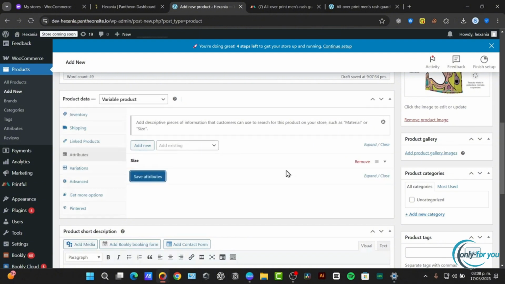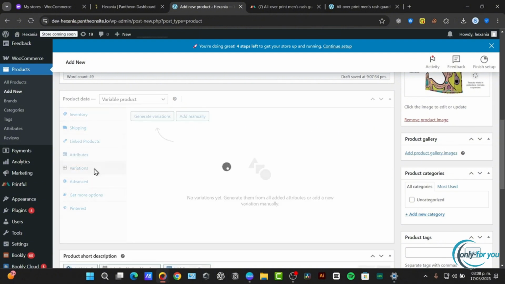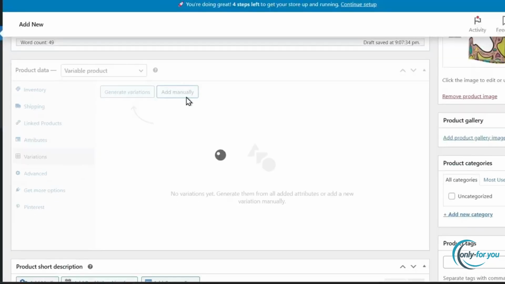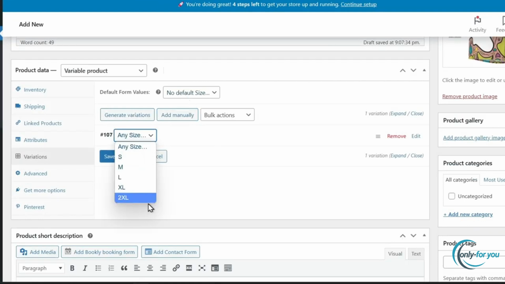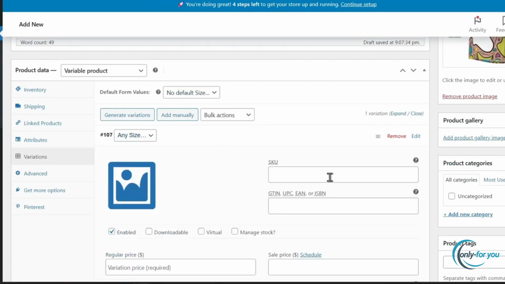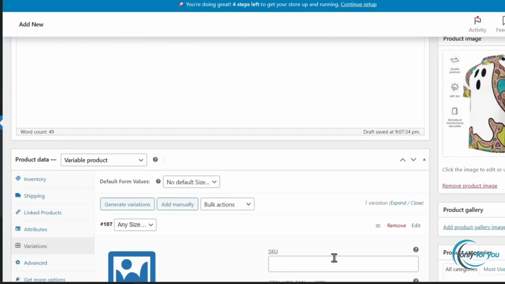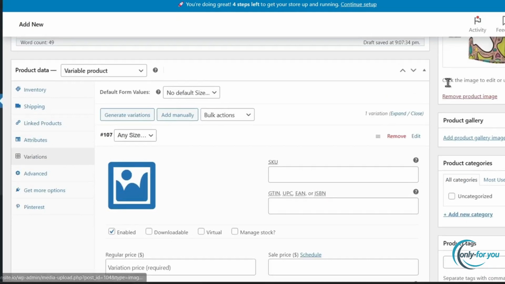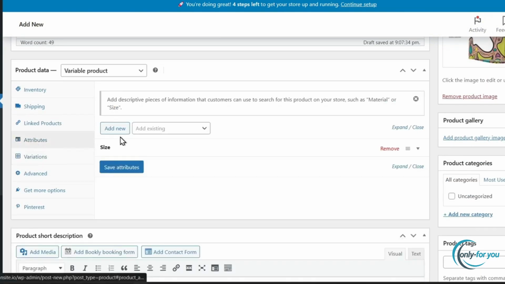Now what I can do is to customize these attributes. If I click here on variations, I'm going to add a new variation manually. So any size, it doesn't matter. But what I can do is that if I want to add a different color, for example, I can change the color image. For example, let's go for attributes, and here next to size I'm going to add a new one,